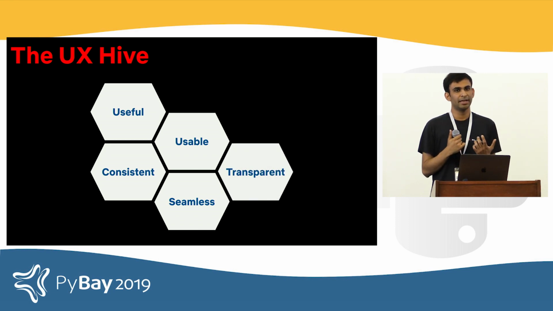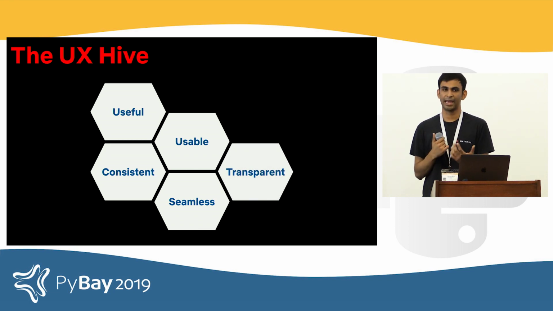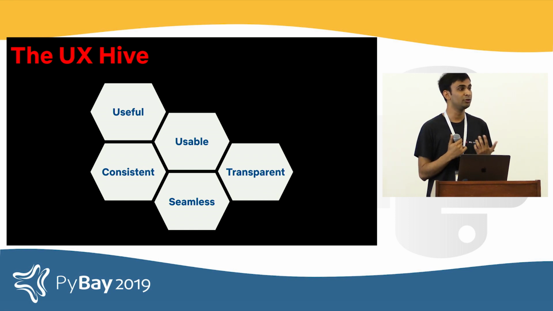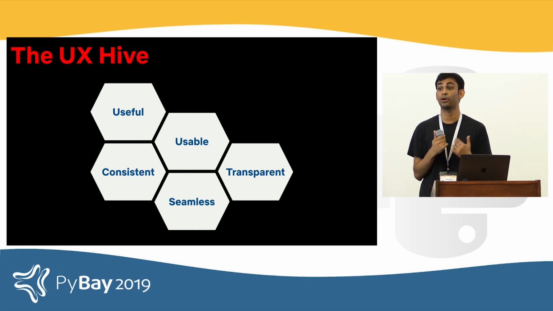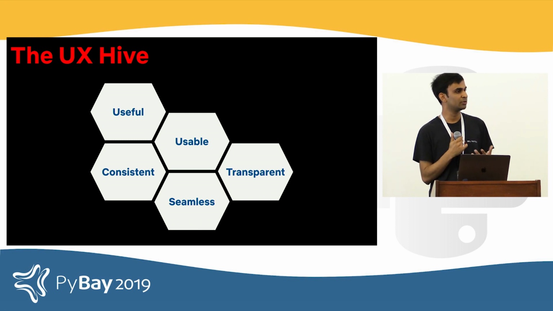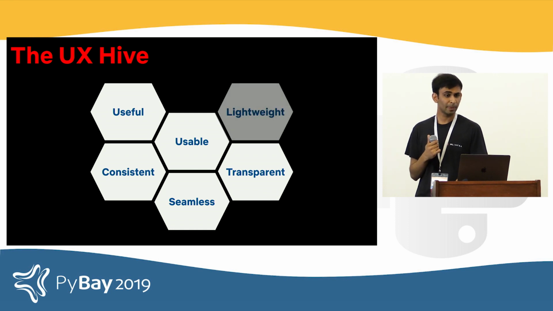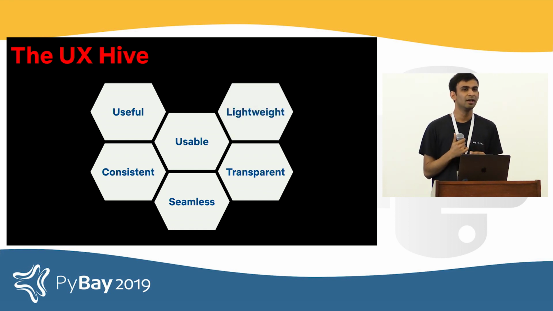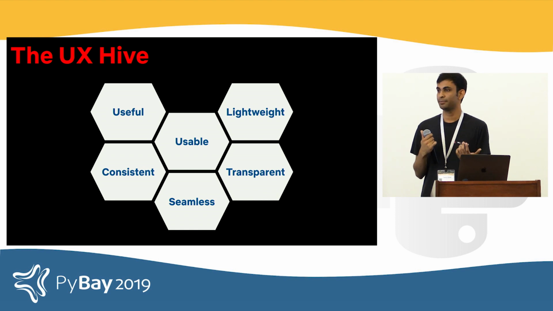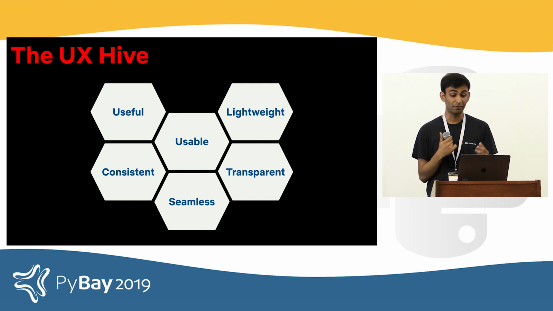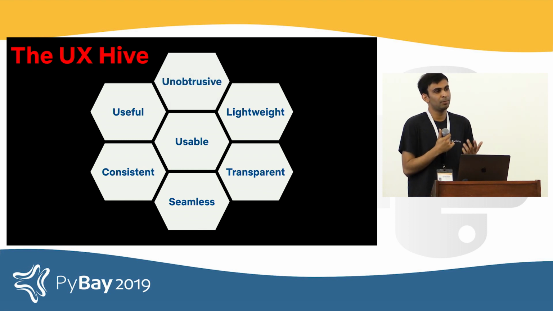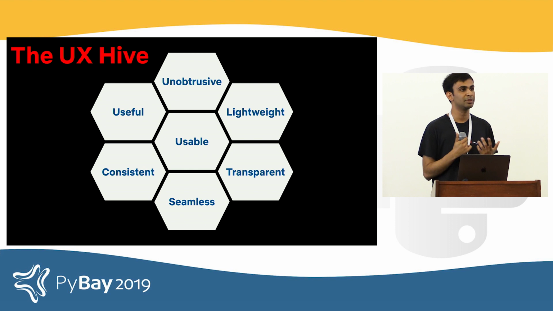It's also really important that the users trust the tool that they are using, and as such, transparency becomes really important. They need to be able to reason about what the tool is doing on their behalf. So we rely on copious amounts of logging, making sure that Metaflow fails very loudly when there are any issues. We also make sure that it's very lightweight. Metaflow is a pure Python package with a very minimal set of dependencies, so you just do a pip install or a conda install, and off you go. And the really important point for us from a usability perspective is to make sure that whatever tool we put out to our users is very unobtrusive.